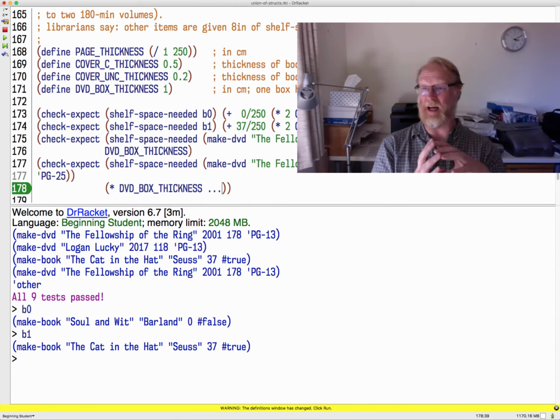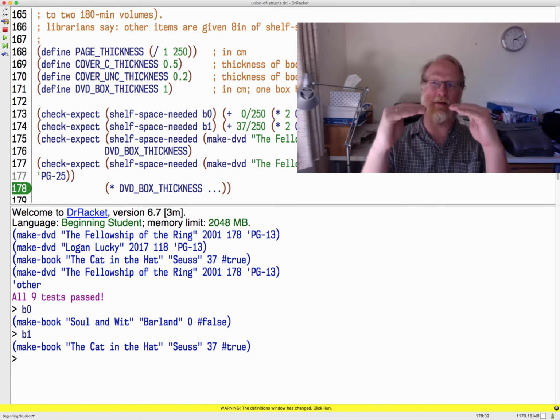One single DVD can be 180 minutes, so that's like 10. It'll fit onto 10 discs. I need 9.9 discs. Well, I can't have 9.9 discs. I need 10 discs. I'm going to need to round up or something. What do you call that when you round? It's not really rounding up, because if I have